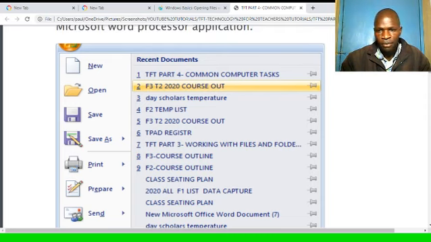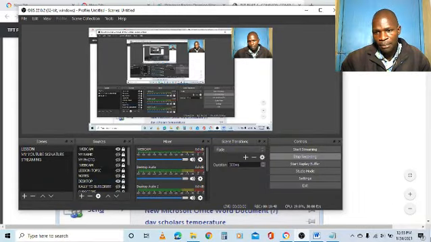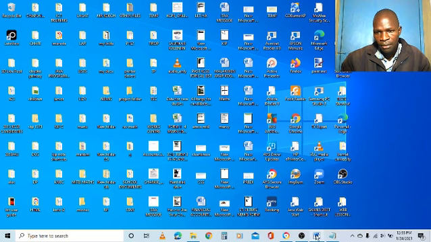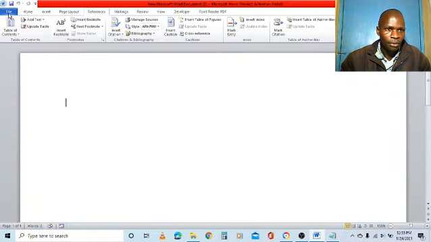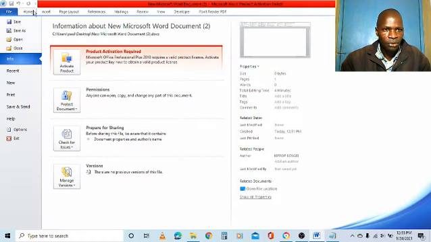So back to my desktop, so that we see this. This is one of the menus in the menu bar. One of them is file. If I click file, you will see that the file will give you options down here.